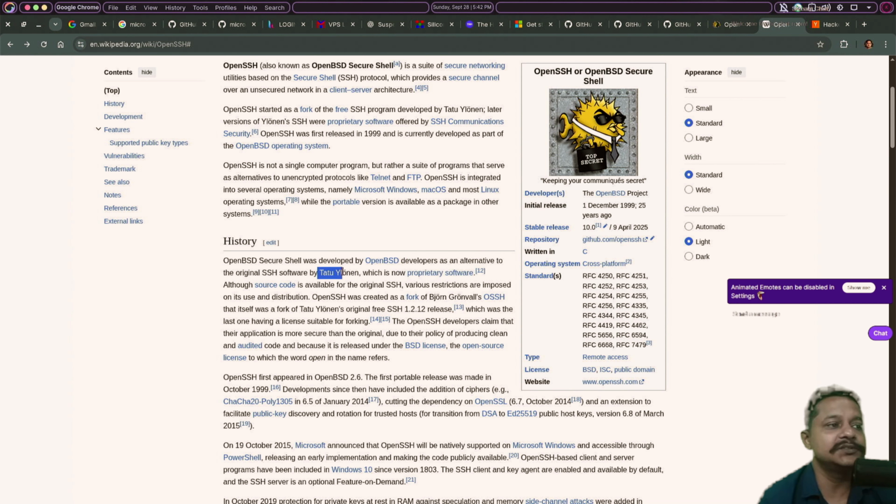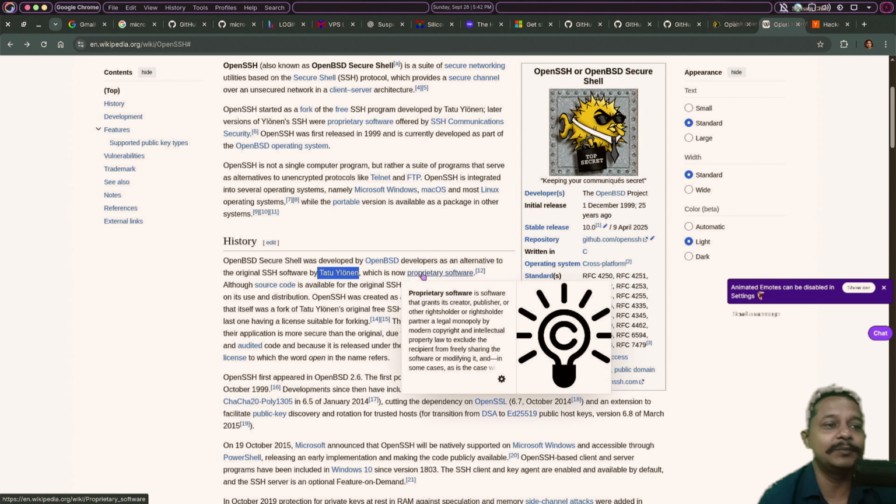The original SSH was created by this person. Now it is a proprietary system. I don't understand. I don't get it. Proprietary? How can anyone's invention be a proprietary thing? Like what if someone says, I invented the wheel, I invented how to use fire, and you'll have to pay me for all that information. I don't get it. So after this version, the OpenBSD guys came up with a clever solution and they created OpenBSD Secure Shell. And I see that from 2015 onwards, Microsoft started using SSH, especially the OpenBSD variations.